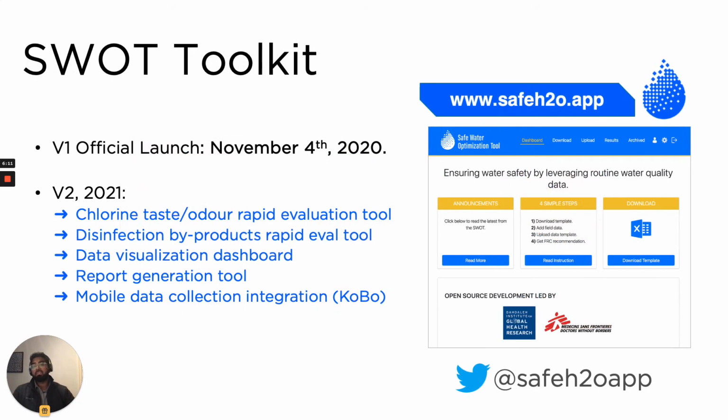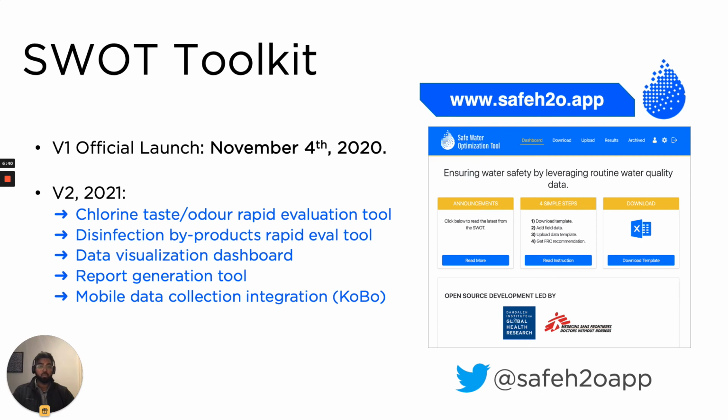After 18 months of development, prototyping, testing, and refining, version 1 of the SWOT goes live to the public on November 4th, 2020. And we're already working on version 2 for 2021. Version 2 will have new features to improve function and usability for field implementers, including rapid evaluation tools for chlorine, taste, and odor thresholds and for disinfection byproducts, a data visualization dashboard, report generation capabilities, and integration with mobile data